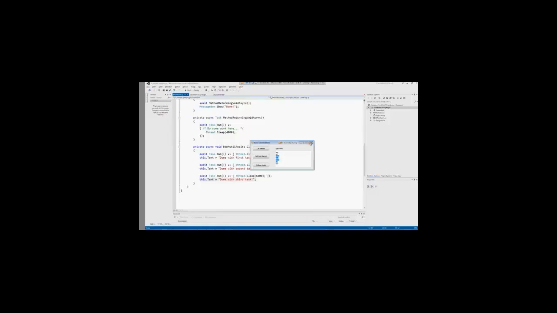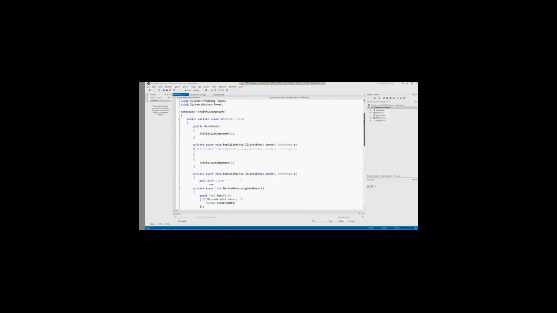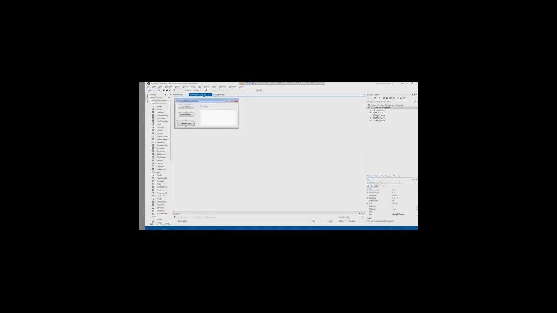We're not having to do a bunch of anonymous delegates for the secondary thread to get back to the calling thread. I'm not having to say, this dot invoke and then worry about that on the UI thread. We get a lot of support from the framework now to do this. And again, this to me is just awesome.